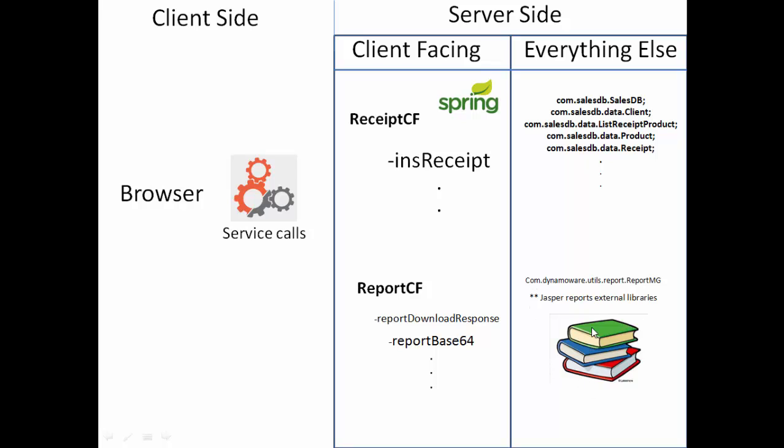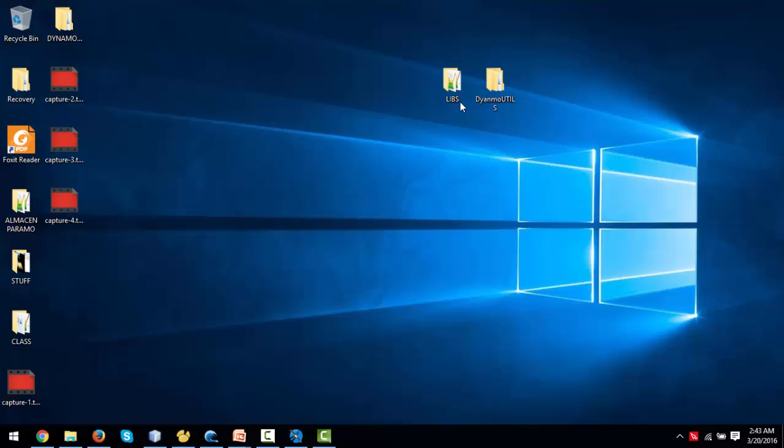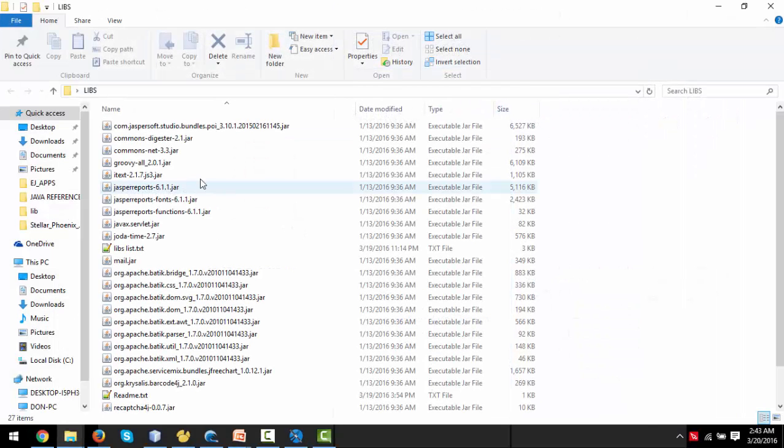I'm going to take a look at the jar files. I'll give you a list of the jars you'll need. You might need more or less depending on whether you are going to do barcodes or things like that, but this will give you a pretty good start. Let's go get those Java libraries. I copied them out here on my desktop. You can see these Jaspersoft Studio bundles, these digesters, these iText, Jasper reports version 6.1. I might want to update that to version 6.2 that is out,